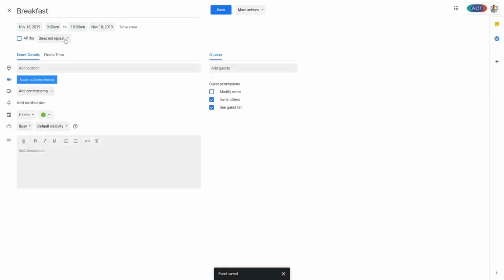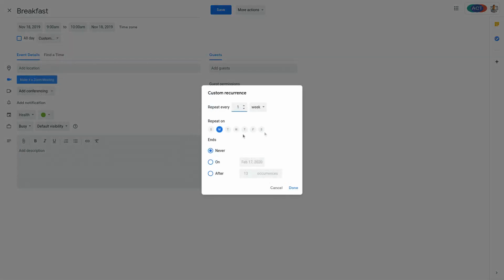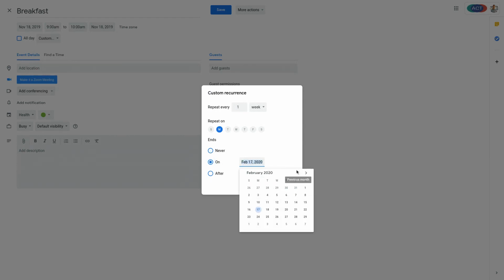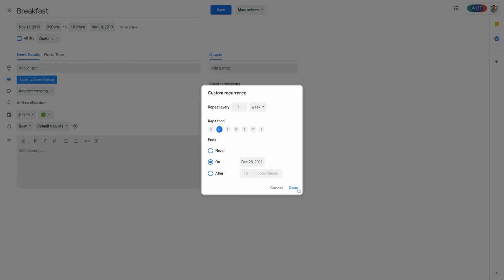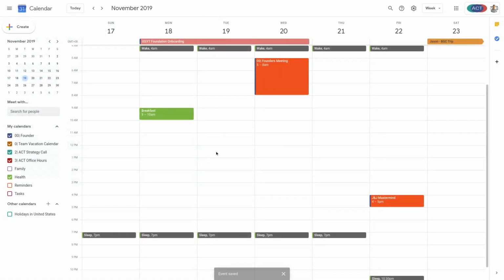Now something you can do if it's going to happen multiple times is I can come in here and click on the settings and then click on does repeat, and I can make it monthly, weekly. We're not going to go into all the different ones. I typically go to custom, and then I'll set the end date for the end of the quarter. So I typically set up these time blocks so that they go through a 3-month period. So I'm not trying to schedule out 6 or 9 months in advance.